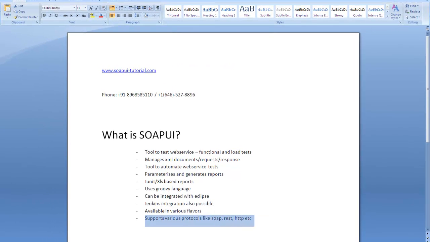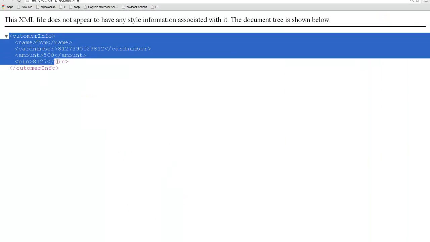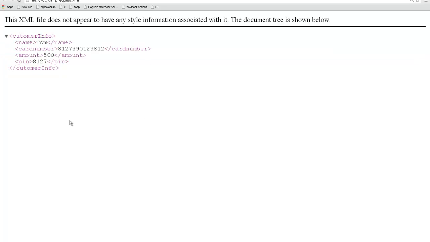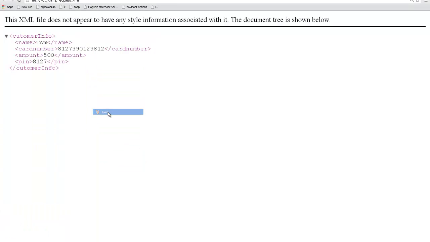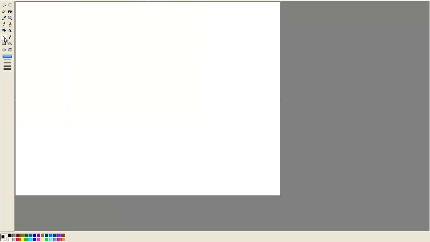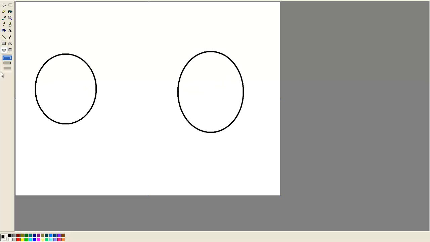How is SoapUI used? SoapUI is used to test XMLs like this. Now if two different entities are communicating with each other, suppose I'll take a very simple example. These are two different entities, right?